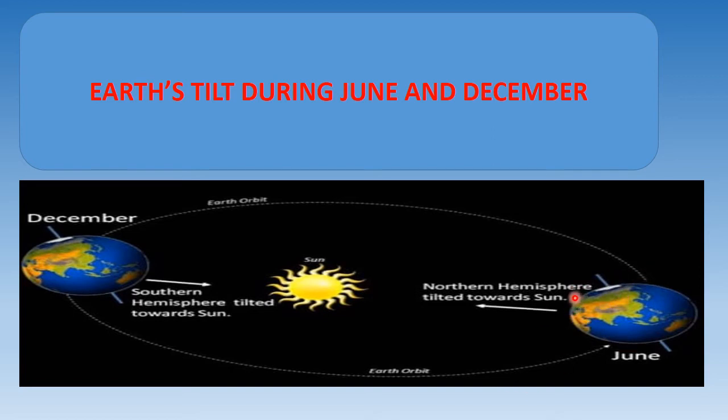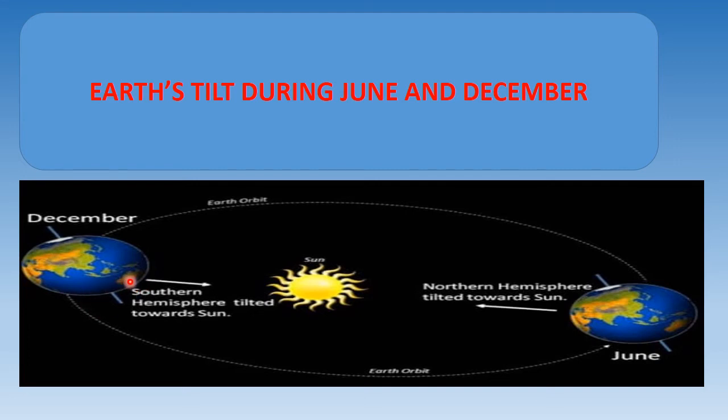Okay, only the one part would be receiving, and there would be no season at all, and this part is not getting. Now when the earth is revolving around the sun, this is the southern hemisphere and this is the northern hemisphere. Because the northern hemisphere is not receiving sunlight directly, this part is experiencing winter season here. And the southern hemisphere, this is north, this is south, the southern hemisphere is tilted towards the sun, so it is summer season in the south. So now you understand why the tilt is important.